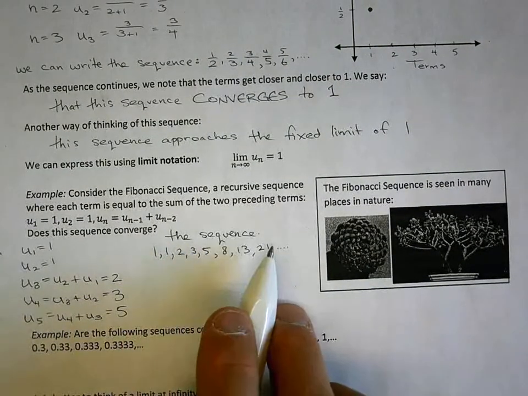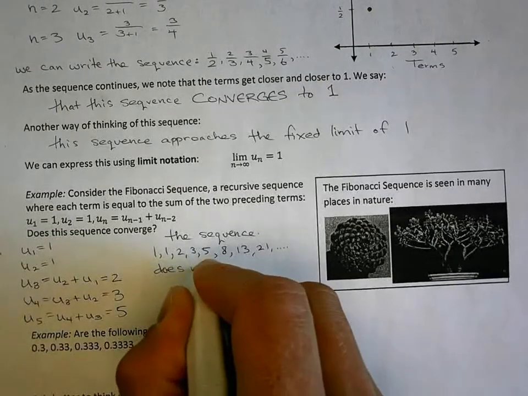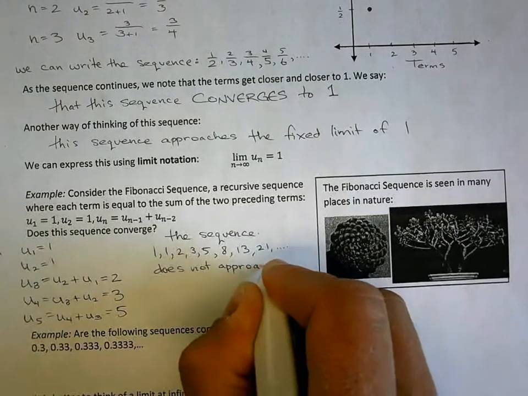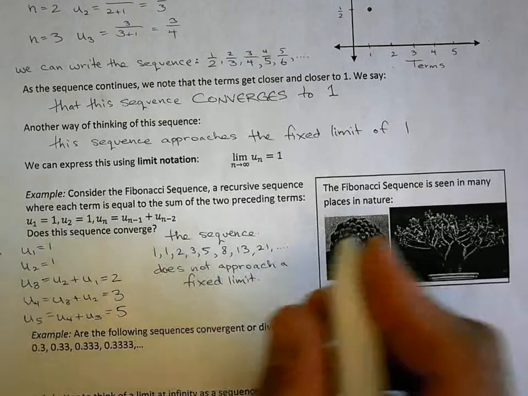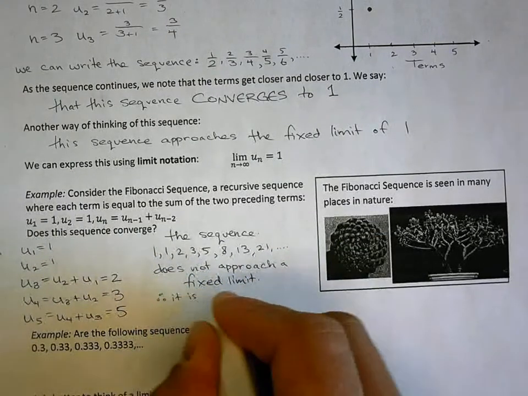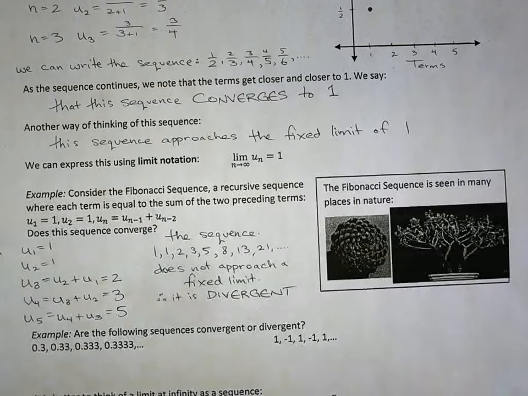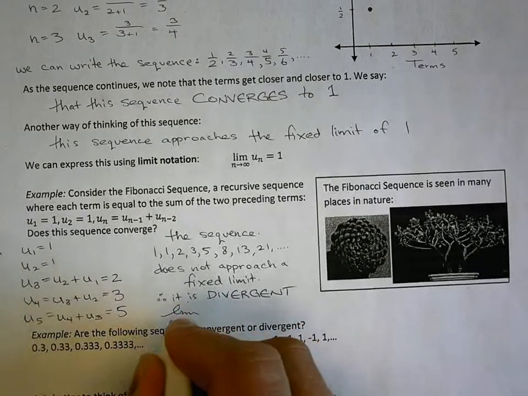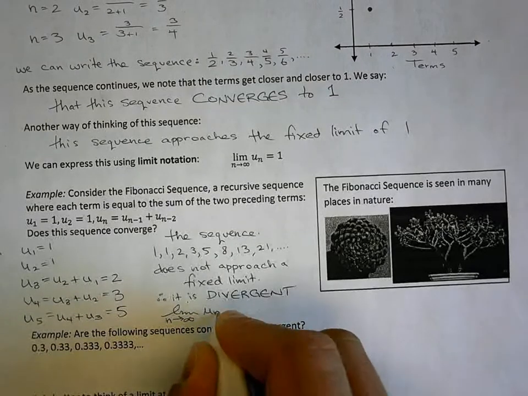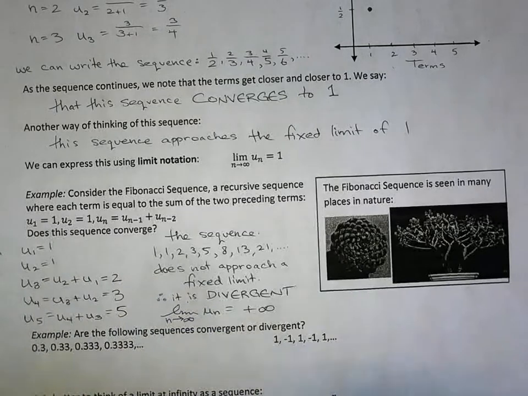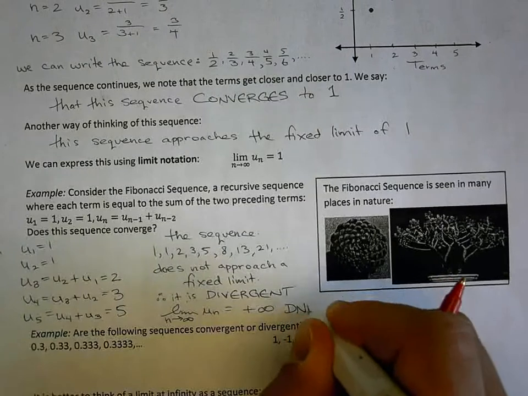If I look at the millionth term, is it going to approach something? No way. It does not approach a fixed limit. In other words, it gets bigger. It blows up. It gets bigger and bigger. Therefore, it is divergent. In other words, we say the limit as the number of terms approaches infinity for the Fibonacci sequence is equal to infinity, positive infinity. And therefore, I say it does not exist